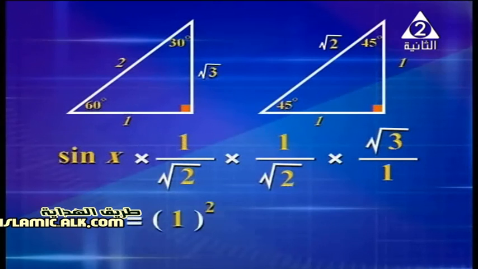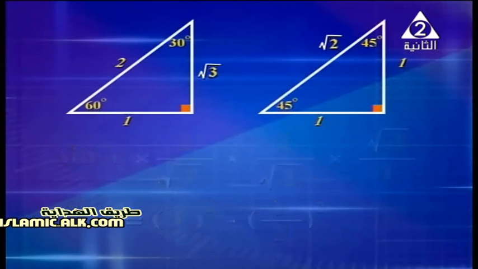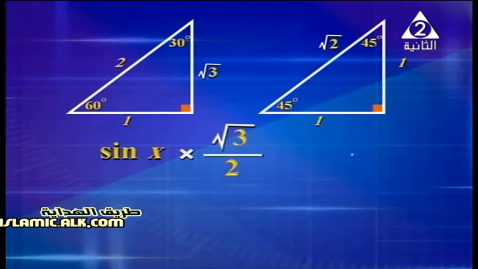This will be equal to tan squared 45. Tan 45 is 1, so it is 1 to the power of 2. Minus, what about cosine 60? Cosine 60 means adjacent over hypotenuse. So it is 1 over 2, so 1 over 2 will be all to the power of 2 as the cosine is to the power of 2. Then by collecting, you are going to find that sine x times square root 3 over 2 equals